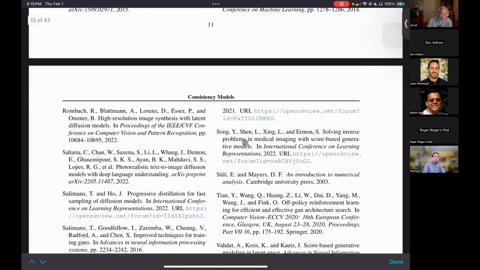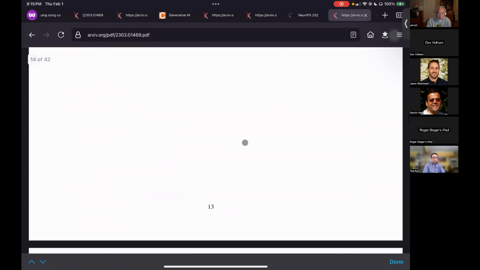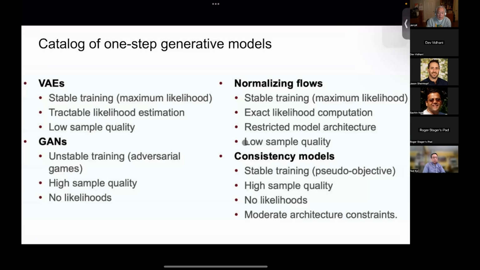Anyhow, hopefully this was helpful, but it was quite a lot to cover in one meeting. And this is consistency models. People may have seen enhancements to it in terms of latent consistency models, where they work in the latent space. And there are some models out there on Hugging Face